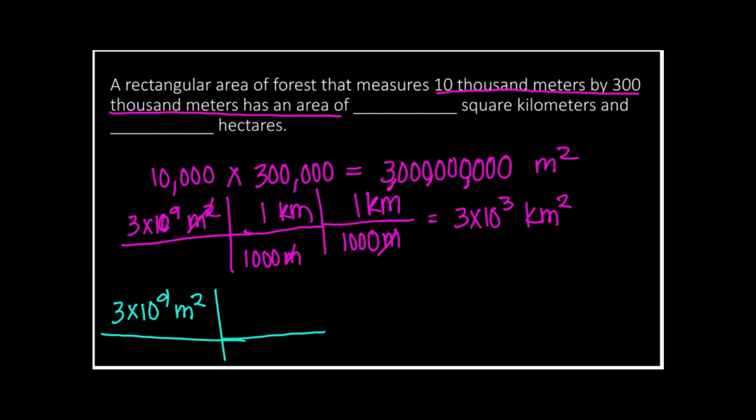So it says that there is 10,000 meters squared. And so let me do this math, because the conversion I had was incorrect. 3 e to the 9 divided by